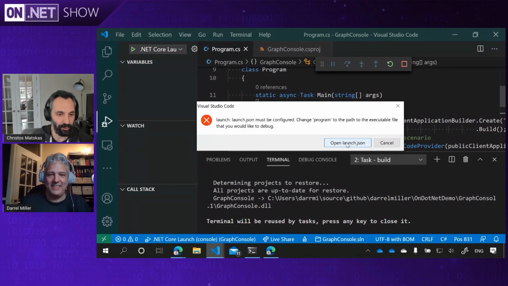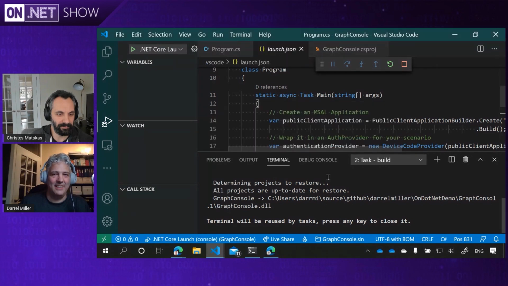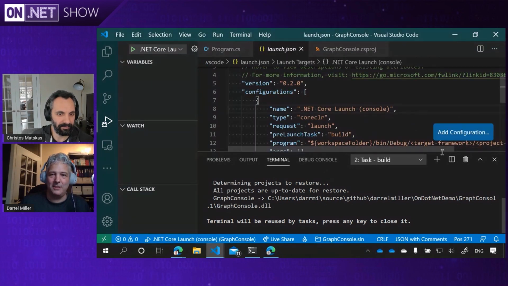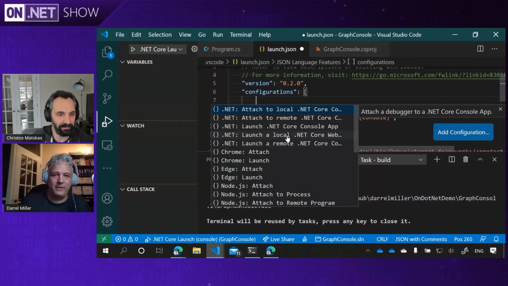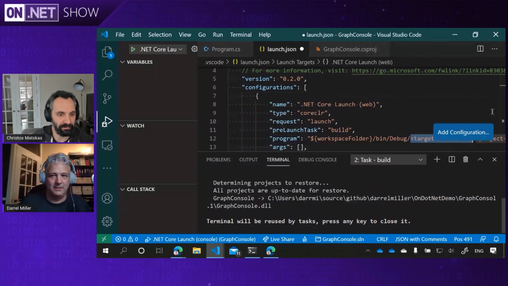Okay, that's an interesting one. It's the first time I've ever seen that dialog box. Apparently, there's always a first time. Yeah, that's right. Okay, well, we'll tell it to add this new configuration. It's not like I haven't run this thing 100 times before today, but